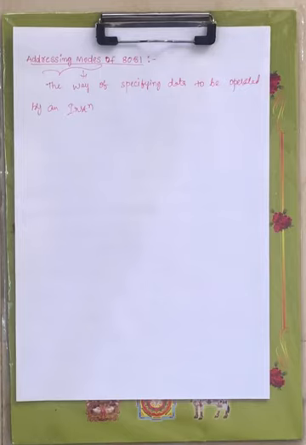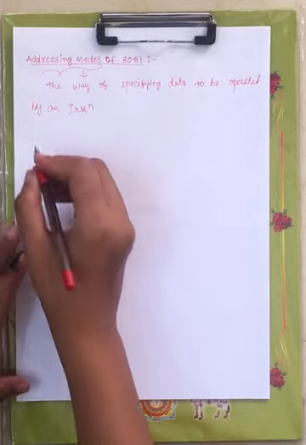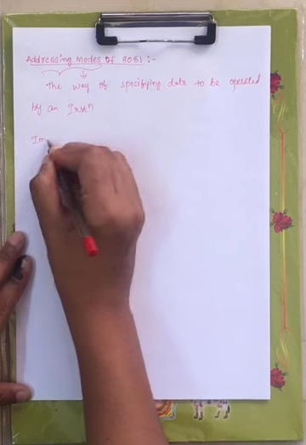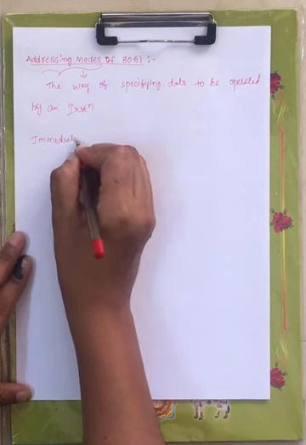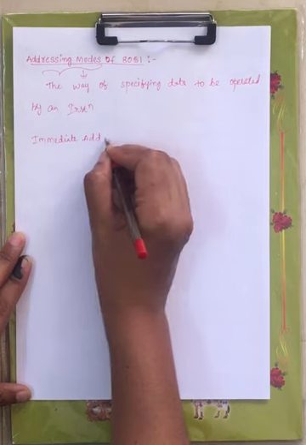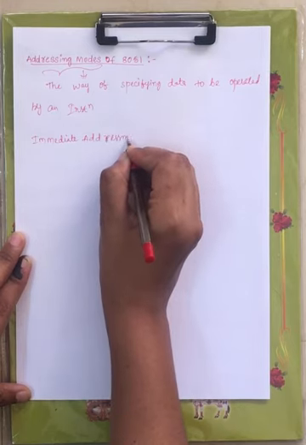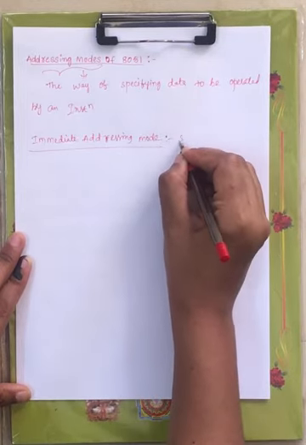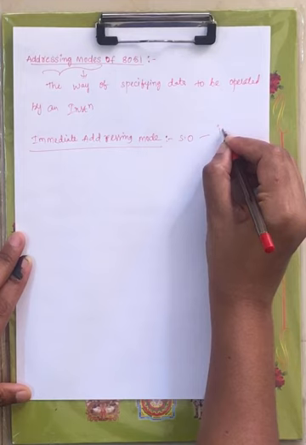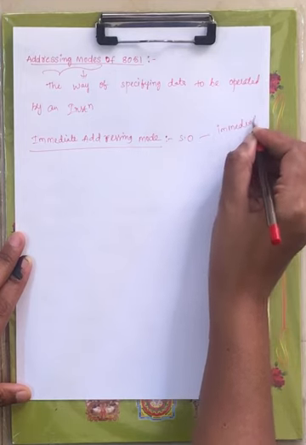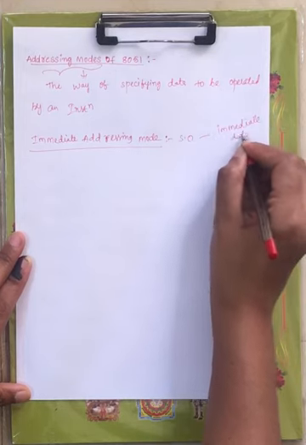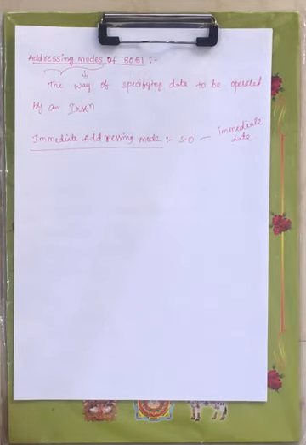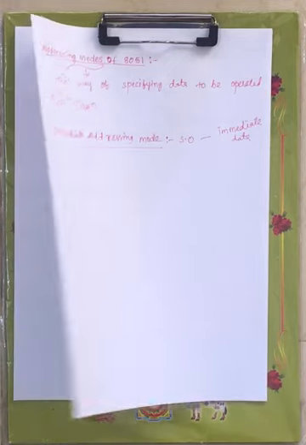Now same like your 8085 microprocessor, here also we have immediate addressing mode, right? Now what is meant by immediate addressing mode? In this particular addressing mode, the source operand is immediate data. Directly the data is specified within the instruction, right? Same as in your 8085 microprocessor. In this we also have immediate addressing mode, right? I can give an example.